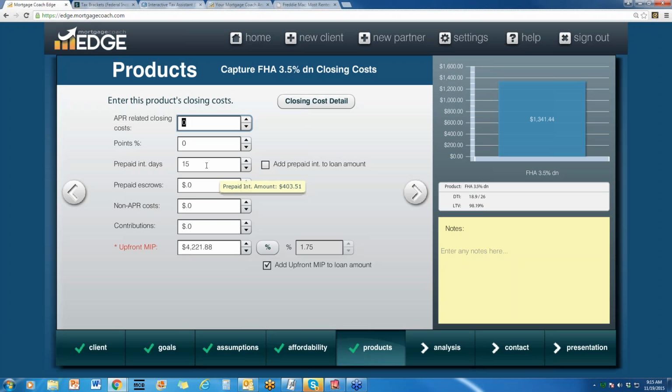I have, in my defaults, prepaid interest of 15 days. You could go ahead and place what your company quotes. I usually see 15 days in that field. And then in the upfront MIP, if you don't see this field,